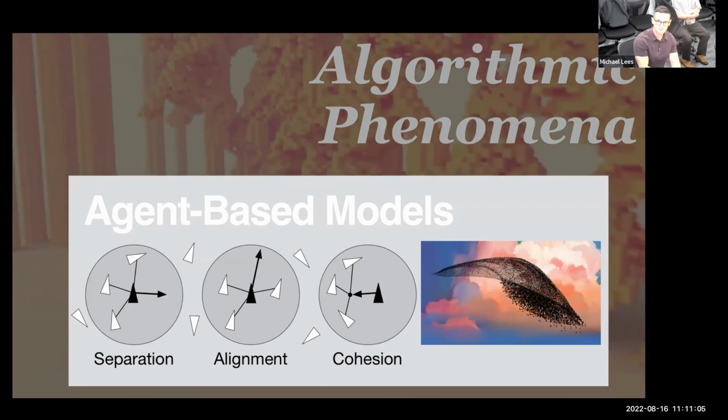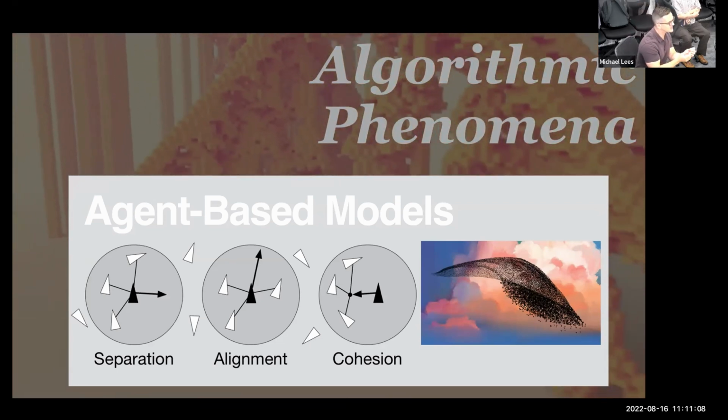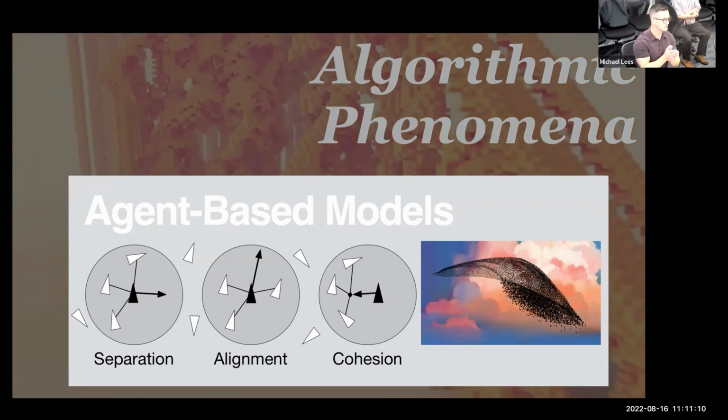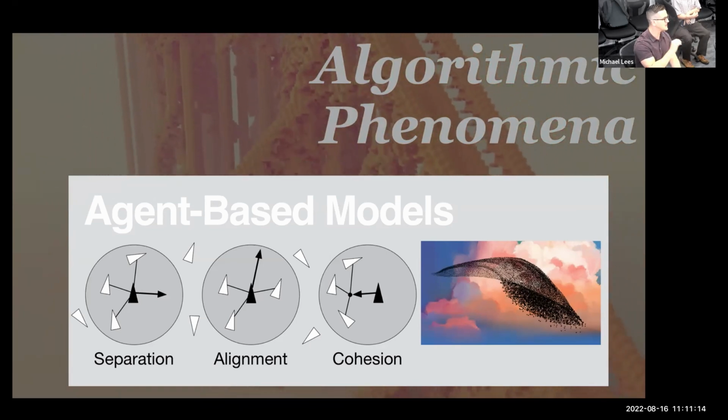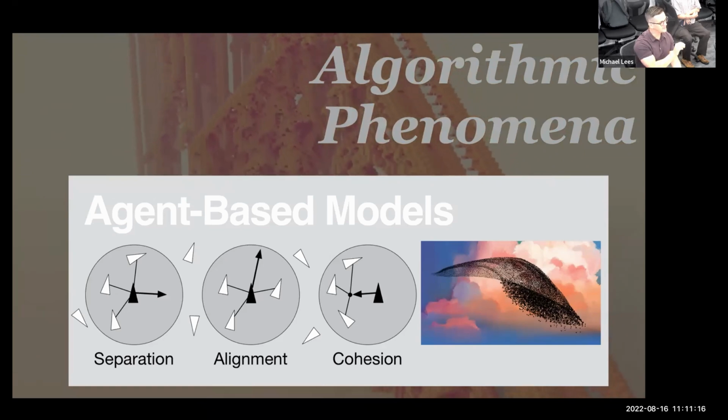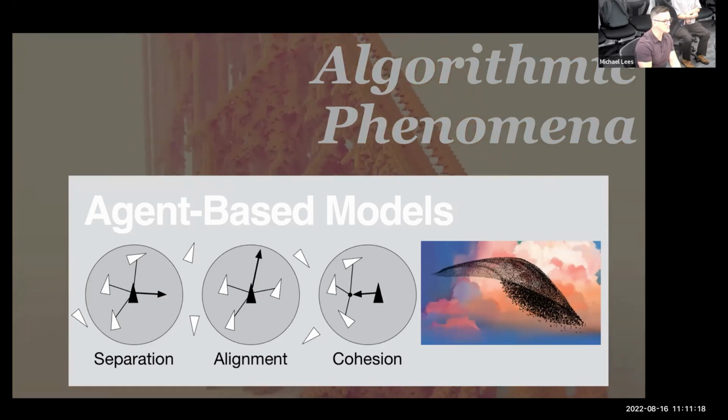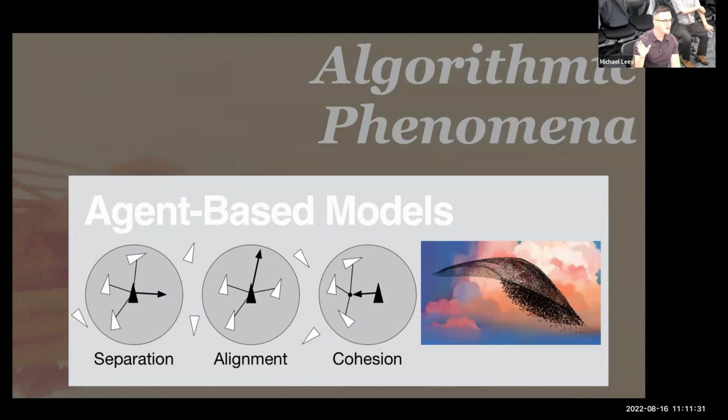In these agent-based models, you basically describe the system as a computational or virtual representation of the real system, and you're modeling every individual in that system. Then you're giving the virtual agents rules for their behavior. What I show here is a very famous agent-based model, which you can have a look at afterwards, called Boids, which is "birds" in a New York accent. You can recreate those same starling flocks, those murmurations, with three very simple rules.